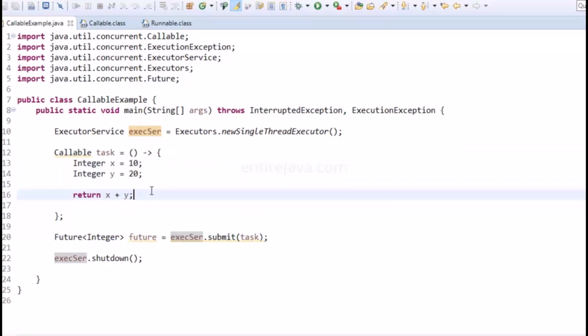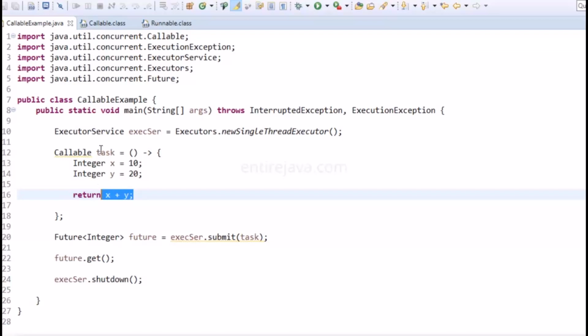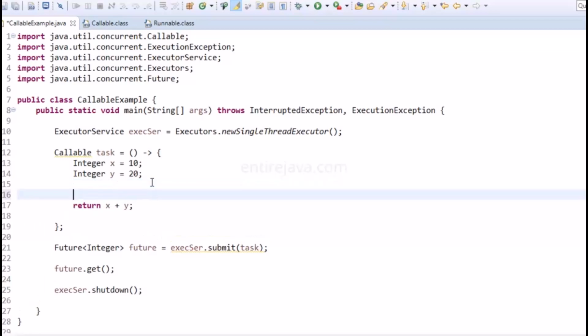Coming back to the Future object, you're going to make use of a method called get, future.get. Now the call future.get is going to keep the calling thread, in this case the main thread, in a waiting state until some result gets returned from the Callable task. In this case it's going to be pretty quick. So let's put another instruction in here, say